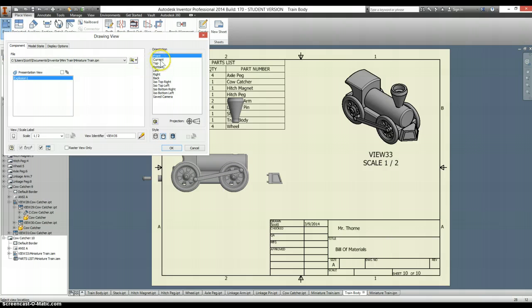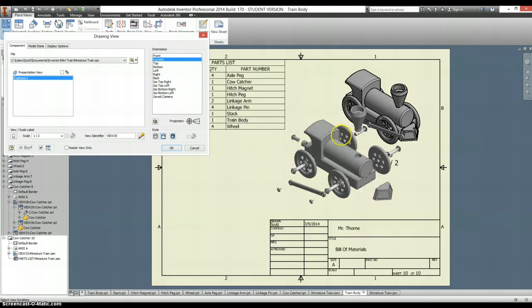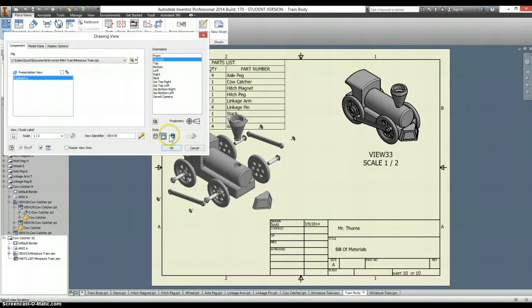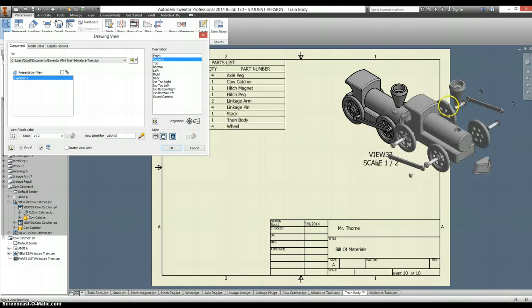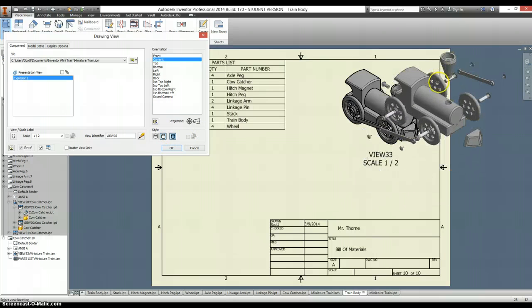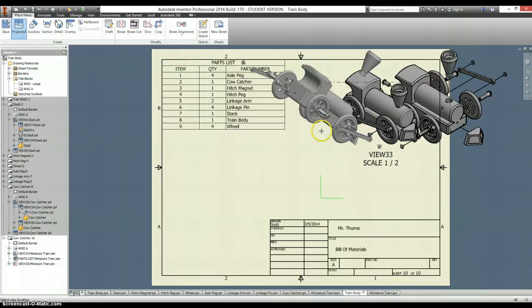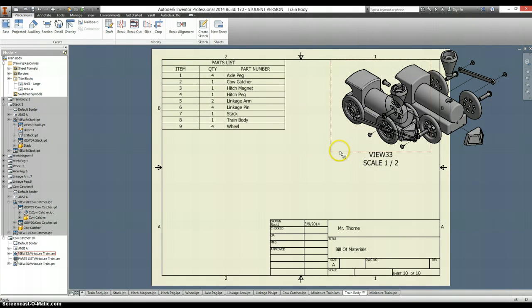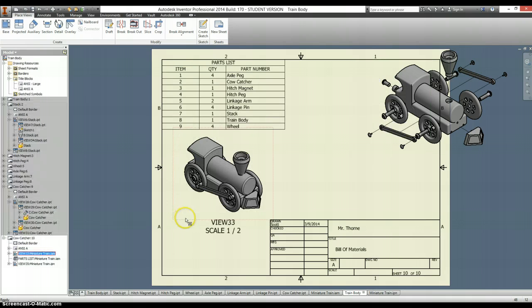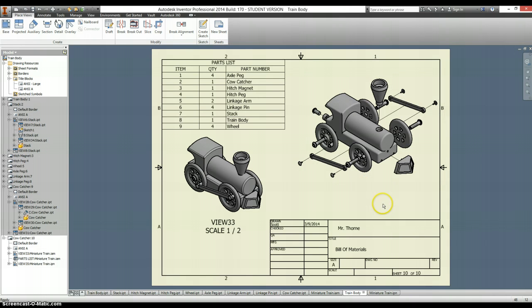Since we were just on the presentation view, that's the most current, switch it to the current view, make sure it has the shading turned on, and I think I'm actually going to move this other drawing over to this side and let this take up most of the room. And I could have dragged these out a little further or made it look a little different, but you get